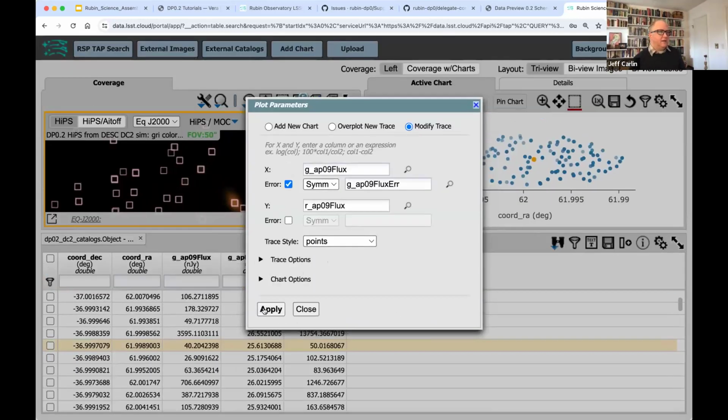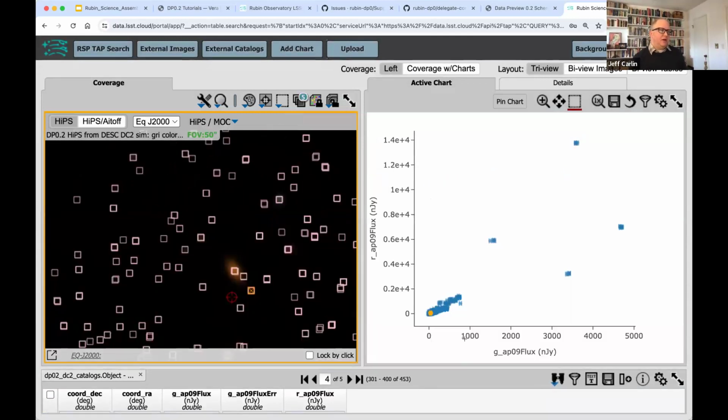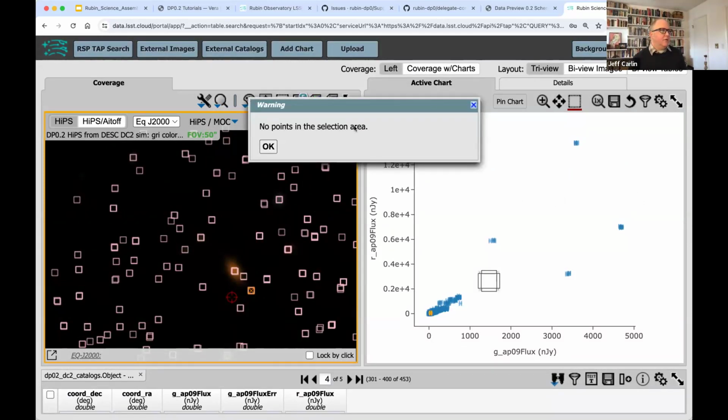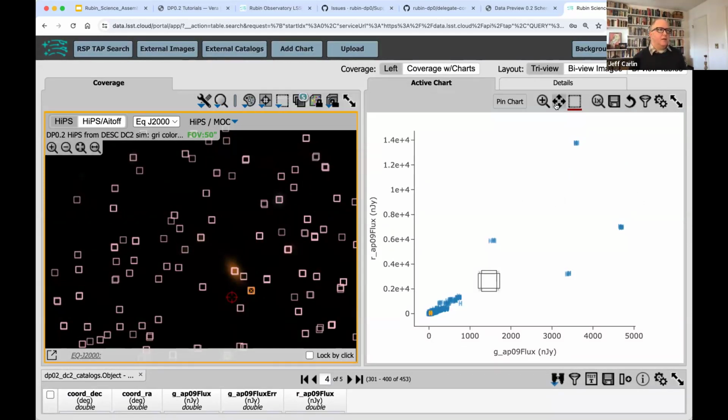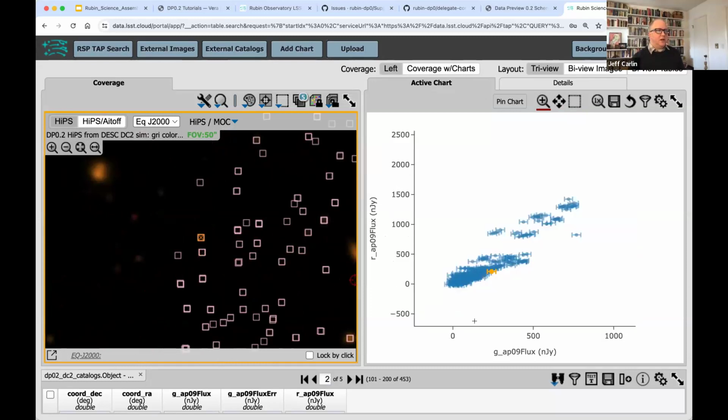We won't get into that in detail right now, but there's my exciting plot of G-band flux versus R-band flux. Oops, that's not what I wanted. So, I can zoom in on this region, for example.